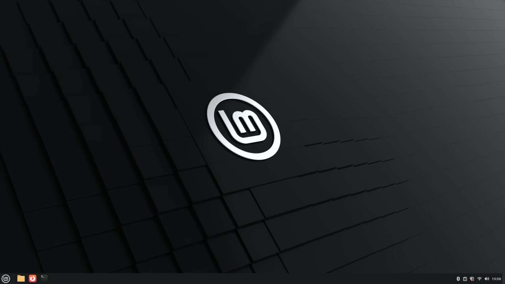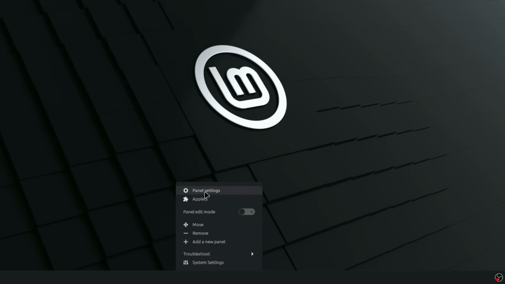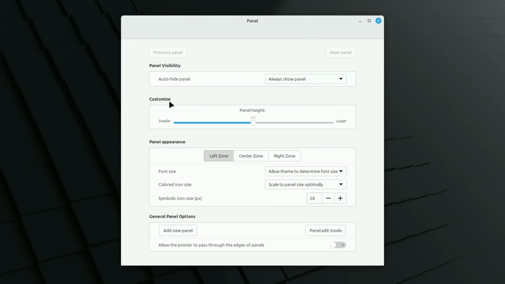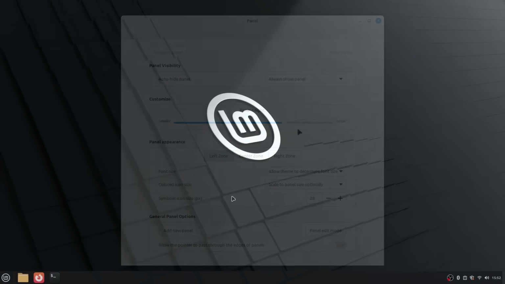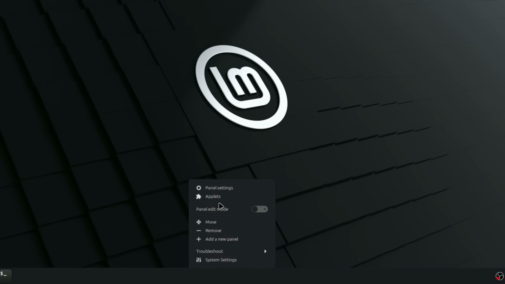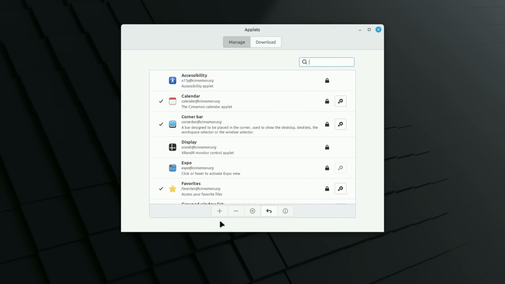The first step after installing Linux Mint is to customize your working environment. The desktop and the bottom bar are the main access points for applications, files, and system functions. If the panel is too small, it can be difficult to quickly click your favorite apps. To adjust the panel, right-click on the bottom bar and select Panel Settings. In the window that appears, choose Customize, Panel Height, and increase the size to a comfortable level, for example, 48 pixels. You can also adjust applets and add widgets such as the clock, volume control, or network indicator to keep